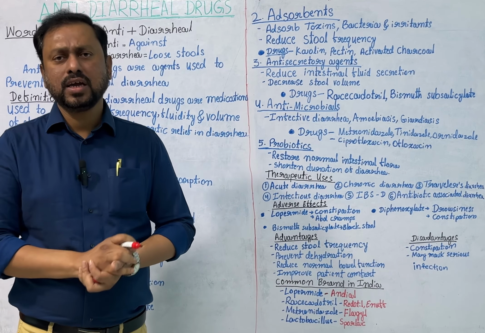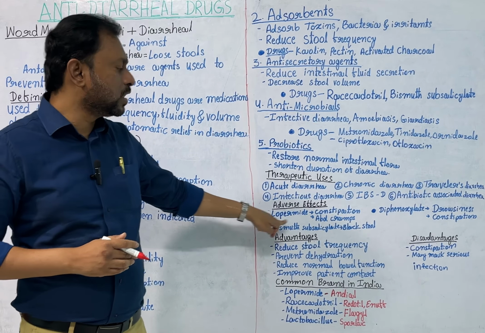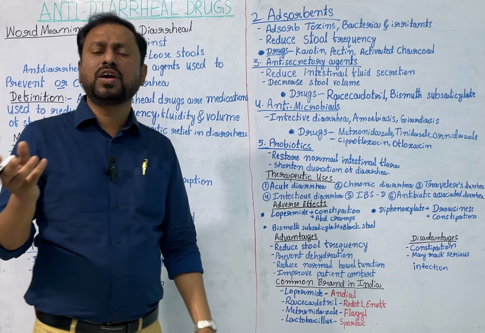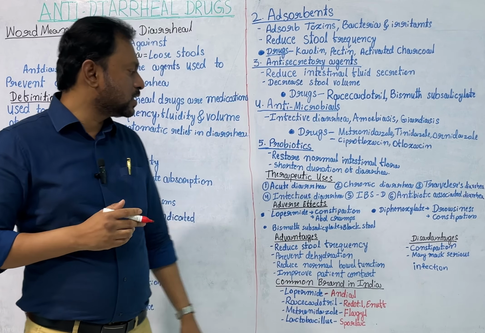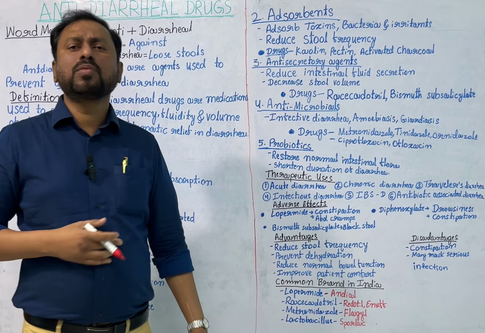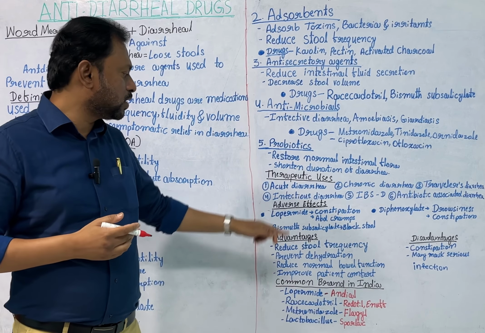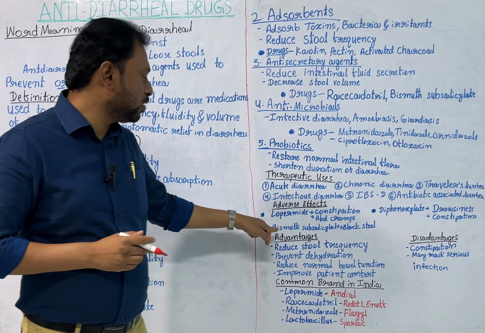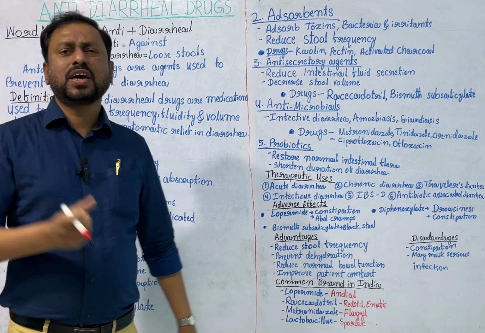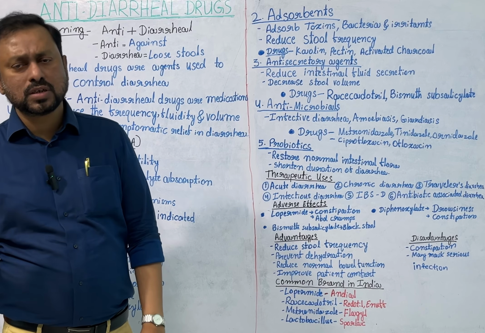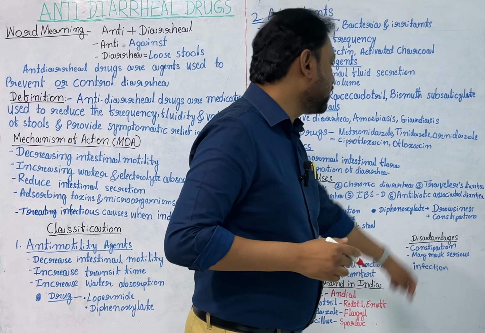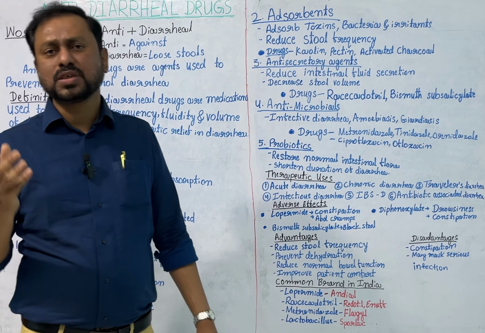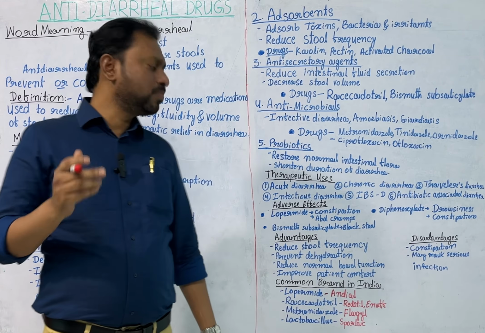The next one, adverse effects of these anti-diarrheals. With the drug Loperamide, the very common one you can see is constipation. If you have taken an excessive or large dose, the very commonly seen adverse effect is constipation. The second one is abdominal cramps, also because of Loperamide overdose. The next one, bismuth subsalicylate: the very common adverse effect is black stools. With diphenoxylate, there are drowsiness as well as constipation. These are the adverse effects seen in the patient.